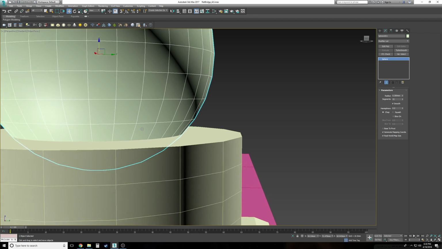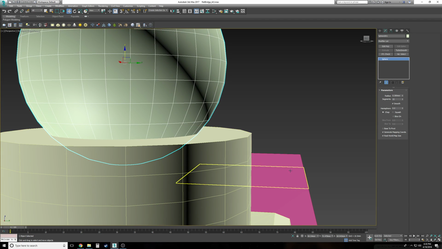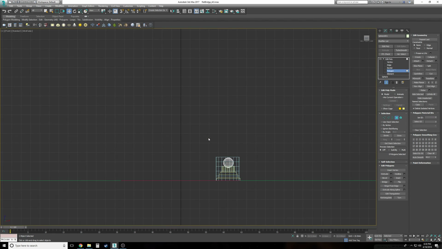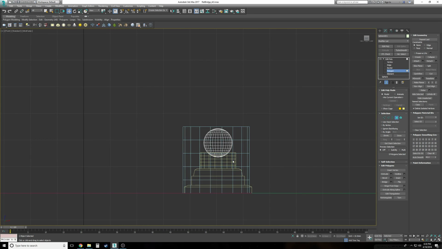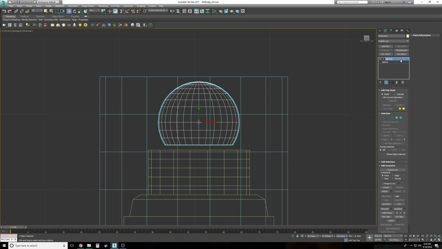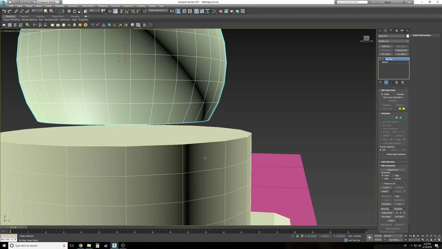So you want to make sure that you delete the bottom part first, which you do by using edit poly. Go to polygons. Press F so you can see a side view, and you can actually see the sphere submerged into it. I want to take out up to that point. Delete it. And that way, when you deselect that poly and it's just the actual object selected, you go back to your line tool, go back to P,